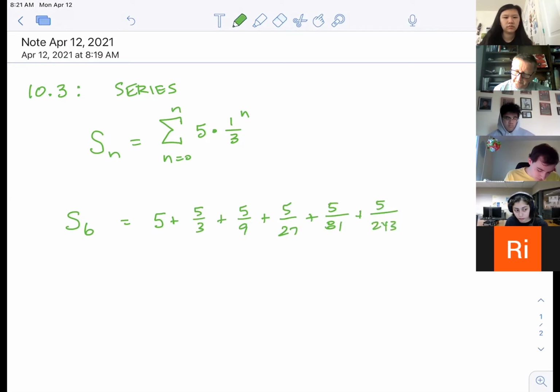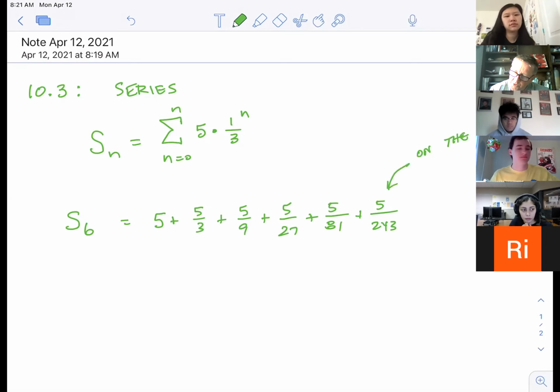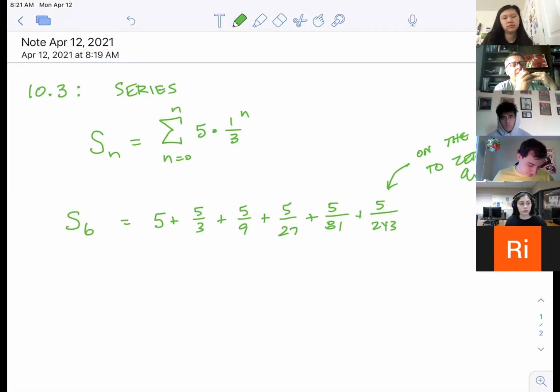What is that, 243? So if you ask me for S of 6, again, that's code for the sum, S for sum, of the first 6 terms, not a list of the first 6 terms. I did not say A of 6. I didn't say give me a list of them. Would you agree that the individual terms are on the way to 0? In other words, A of n is going to 0. The sum's not going to 0, but the original terms are going to 0. The sum is clearly more than 5, right? Because the first term is 5 and the second term is more than 1. So who knows what this is approaching, but